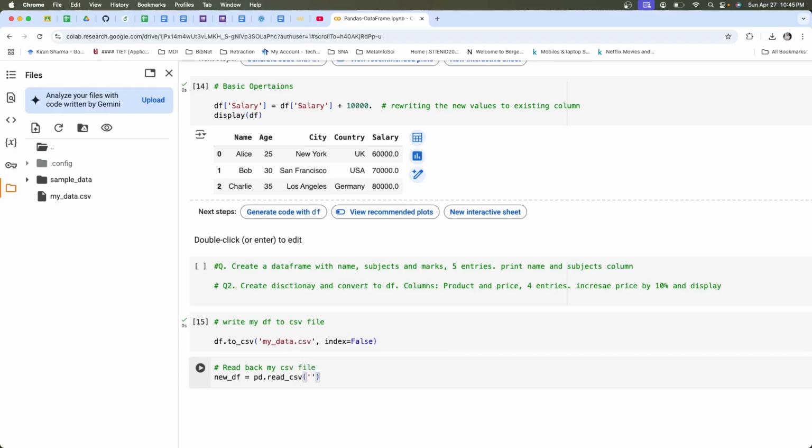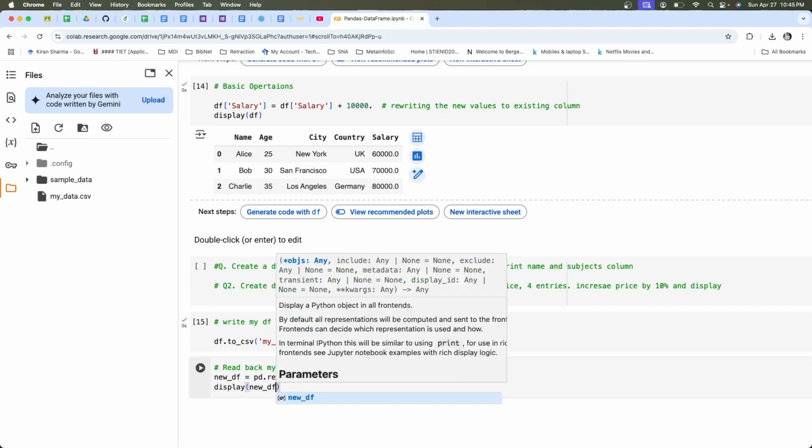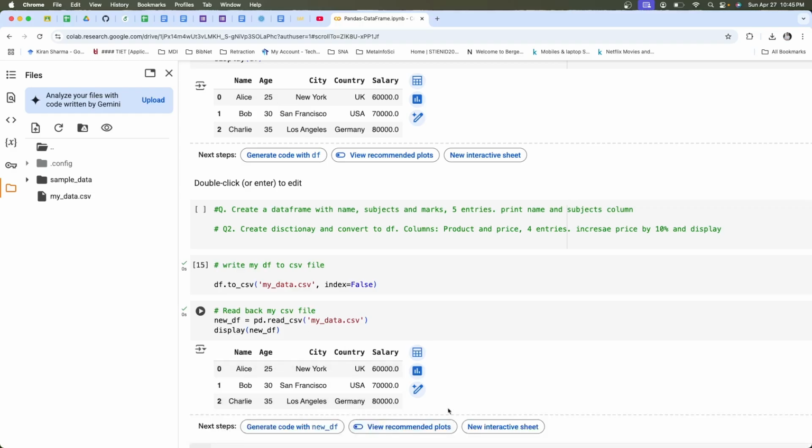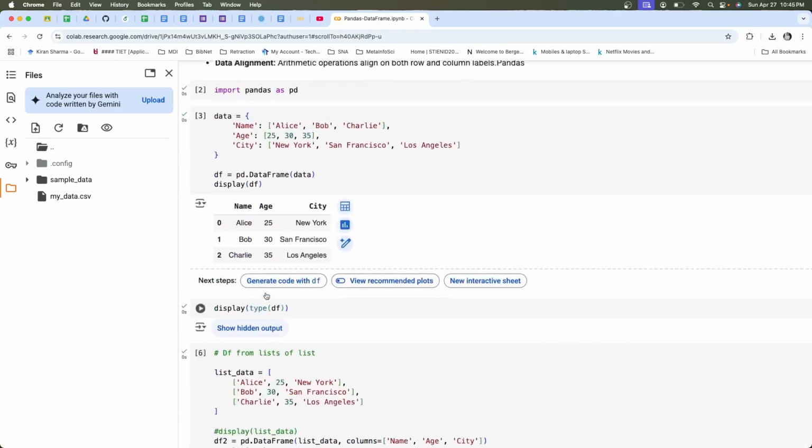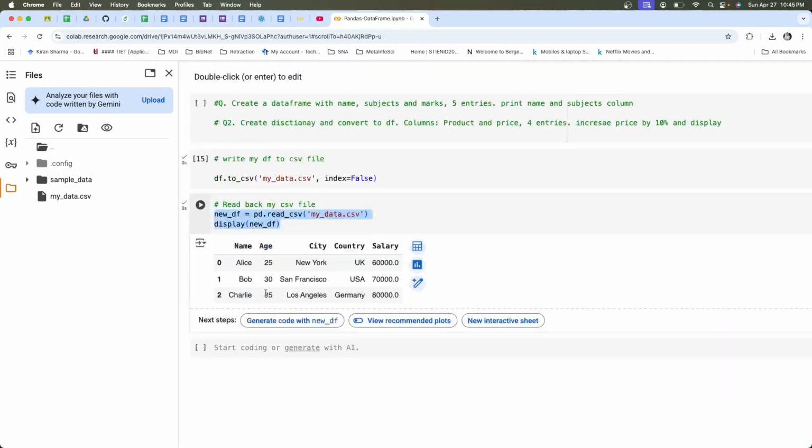My file name is my underscore data dot csv, and then I display the new df. So you see the whole data. This is the way I write the file, this is the way I read the file, and above we have shown how to do it. Okay, thank you.